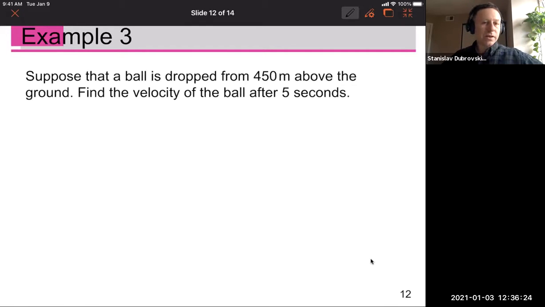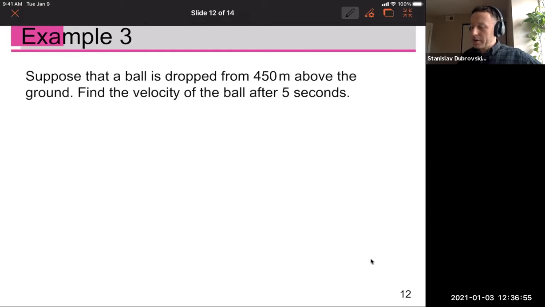Imagine that you climbed some high tower like the one in Toronto, which has an observation deck 450 meters above the ground, and you drop the ball from this tower. Can you find the velocity of the ball after 5 seconds? The ball speeds up as it approaches the surface of the Earth, but what is the speed exactly 5 seconds